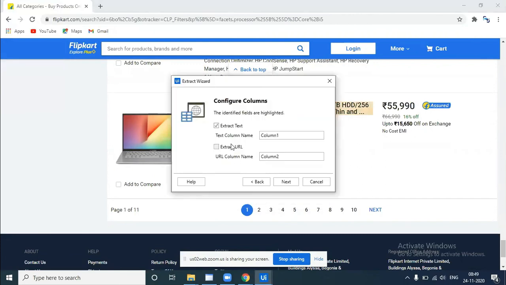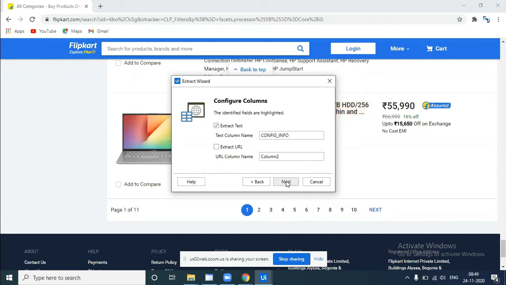Now see, text column name. So what is this? This is config. I would say config info. Config info. And it is asking whether URL is required. Not required.